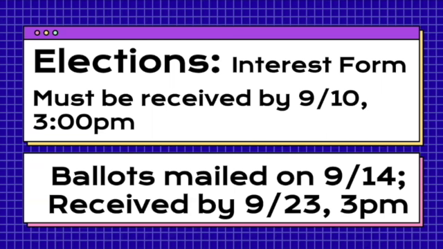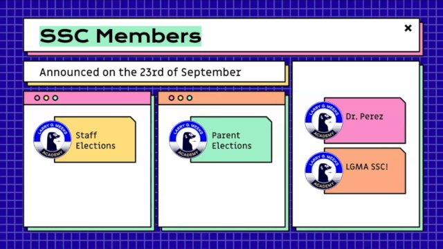The school will mail them out by 9/14. We ask that it gives a little bit more than a week, almost 10 days. The ballots come back, okay? And then we should be able to announce the winners, or the elected school site members, by the 23rd of September, give or take, okay?